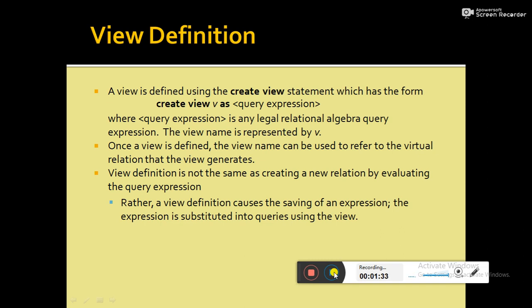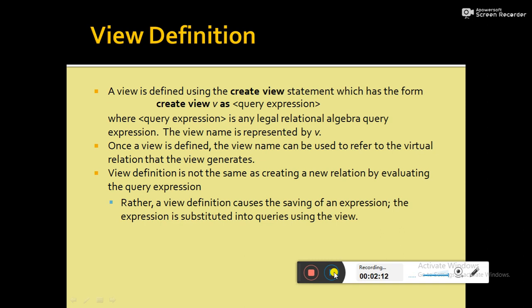The security constraint is that we should not expose all the data or all the relations of a particular database to all the users. Certain sets of data should not be exposed to a specific group of users. We need to hide certain sets of information from specific groups of users. That kind of security constraint needs to be imposed on a database management system, and it can be imposed with the help of view.